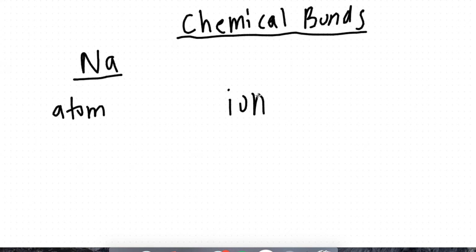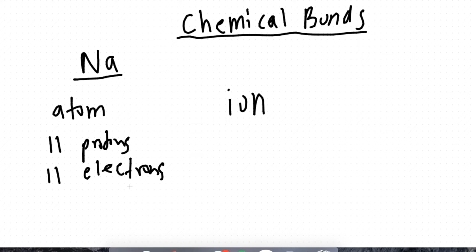Now, when we look at the periodic table, sodium has a proton number of 11. That means it has 11 protons, 11 electrons, and sodium has a nucleon number of 23, meaning it has 23 minus 11, that is 12 neutrons. Okay? So, when we find the electronic configuration of sodium atom, we look at the electrons. So, we have an arrangement of